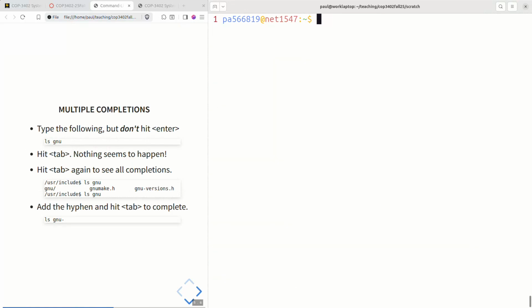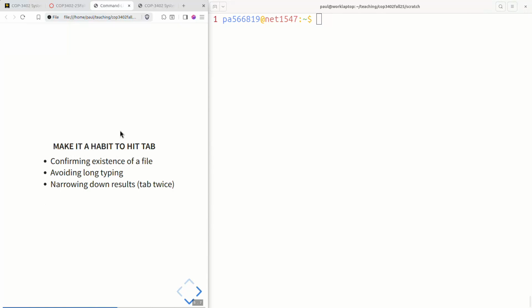So this will make the terminal way, way, way less painful to use and way faster to use. So make it a habit to hit tab. It'll confirm the existence of a file for you. You don't have to guess the file name. I mean, you have to guess the beginning of it, but you don't have to guess whether you've typed it right. If you're running Emacs and you had a typo here,